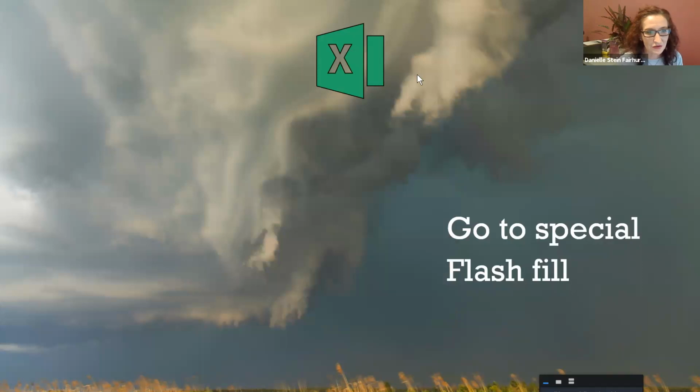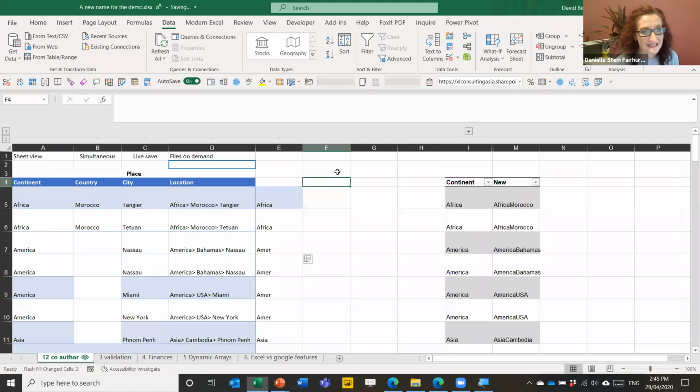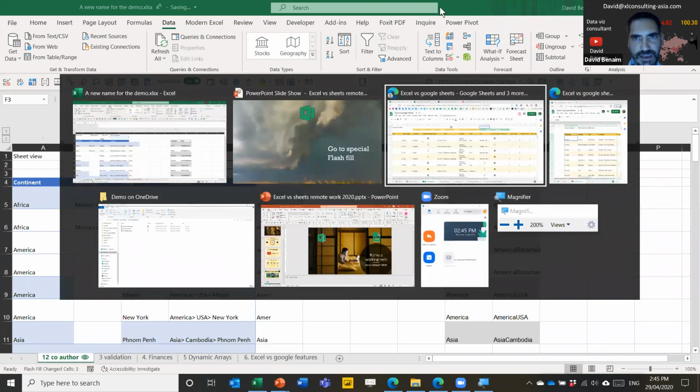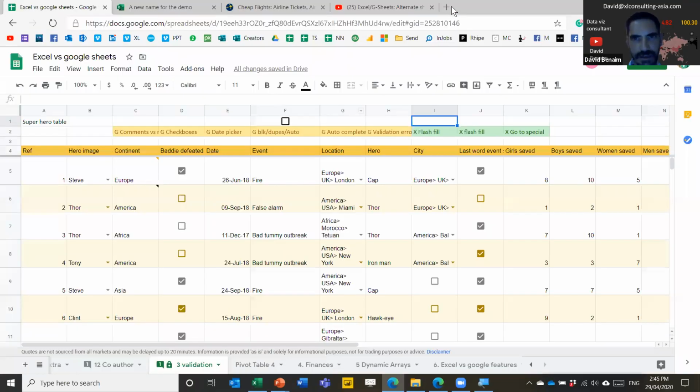Just coming back to the date picker, a couple of questions about dates. John says his understanding with the Excel date picker is that there isn't one for 365 and that they were working on it or it's been dragging out or something. Do you know about that? Yeah, if you go to the UserVoice website, it does actually say that they are working on a date picker, correct? Yeah.